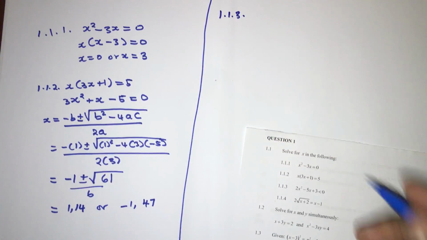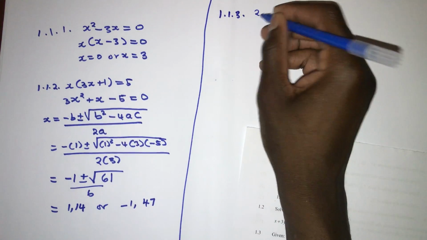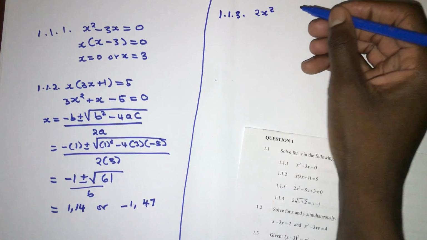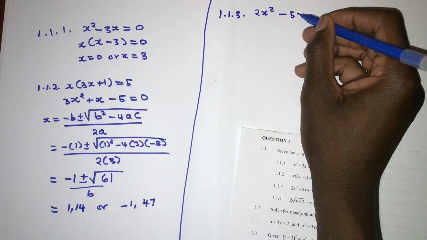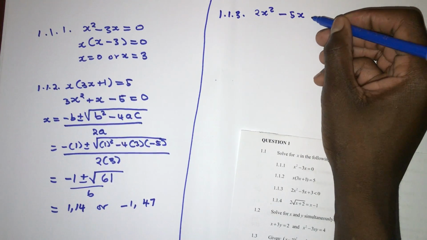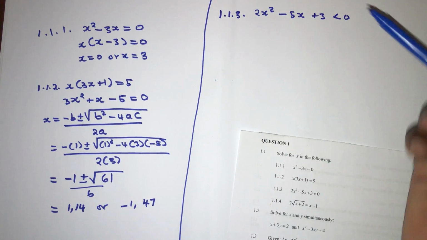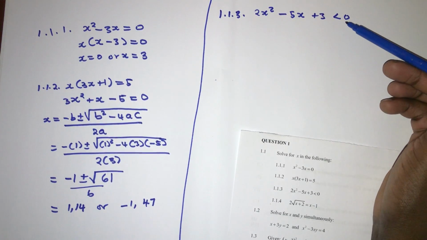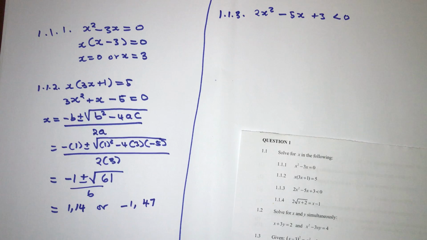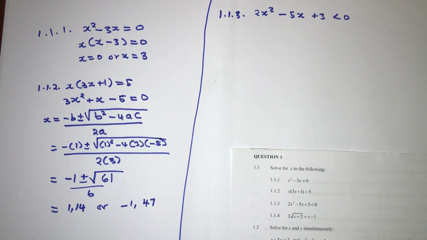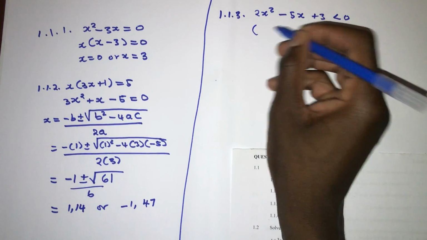1.1.3. 2x squared minus 5x plus 3 is less than 0. So this is an inequality. That means we're going to need the critical values first. So what are we going to do now? We are looking for the critical values. So we factorize first,